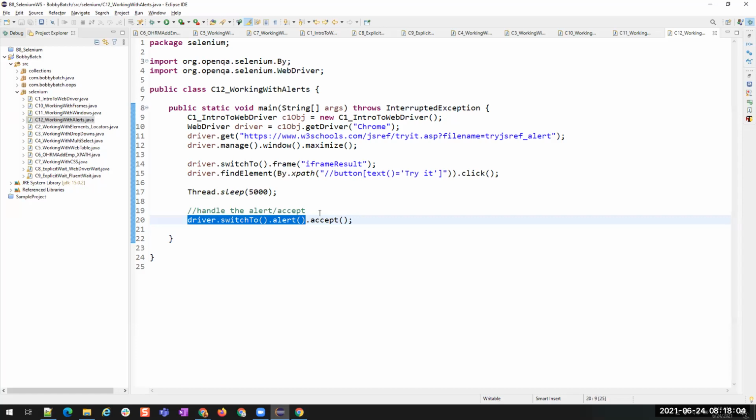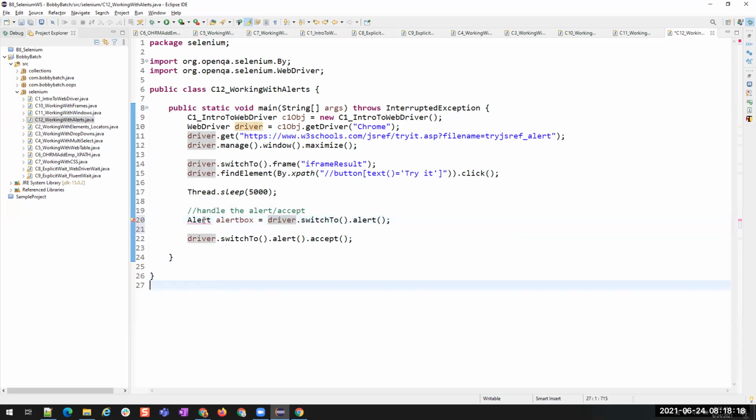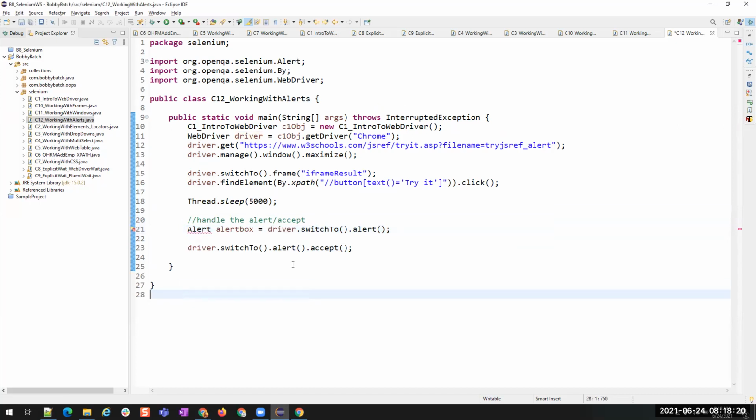Driver dot switch to alert. If you want to perform multiple operations, I have to store this inside an alert. This alert method is going to return an alert object, so I'm going to store it inside an alert box. This is from Selenium import. Now I don't have to switch to alert because already I switched. So I'll be using alert box dot accept.